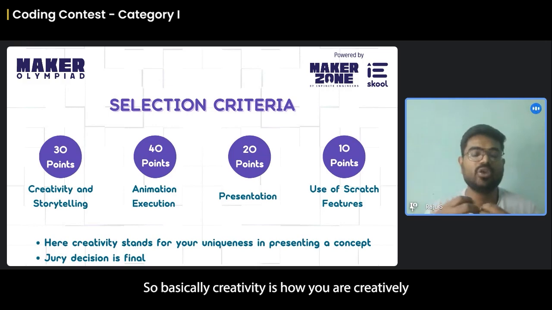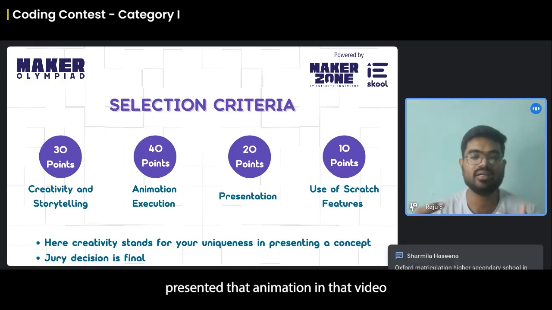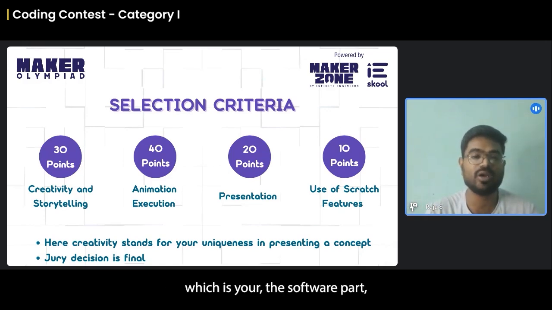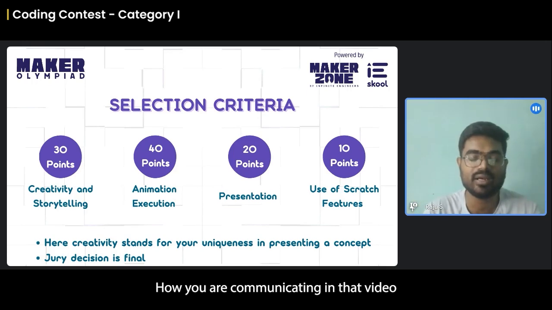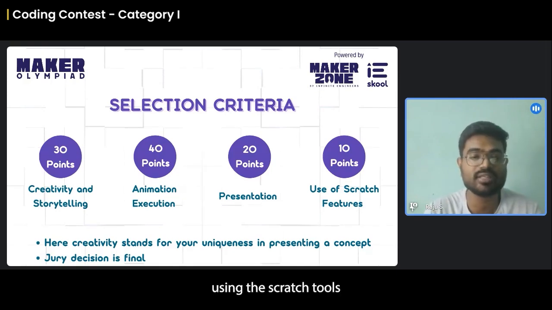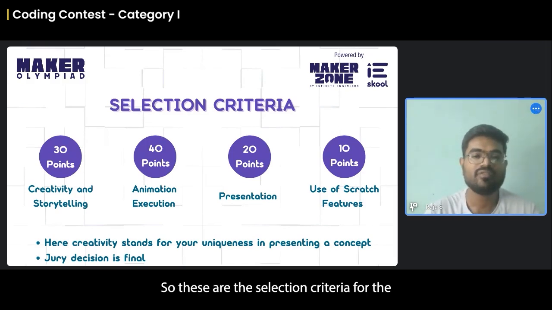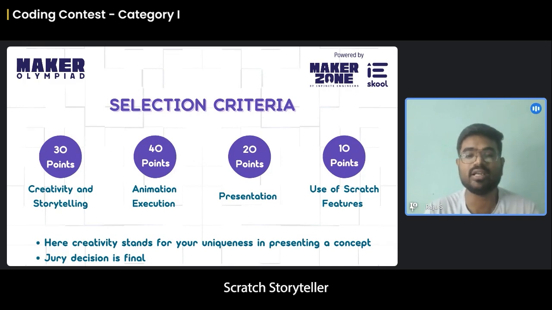Basically, creativity is how you present that animation in the video. 40 points for animation execution, which is the software part, the animation you created in Scratch. 20 points for your presentation, how you communicate in that video, and 10 points for use of Scratch features, meaning how efficiently you use the Scratch tools and other features. So these are the selection criteria for the Scratch Storyteller